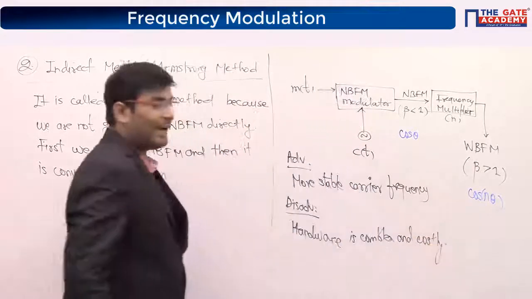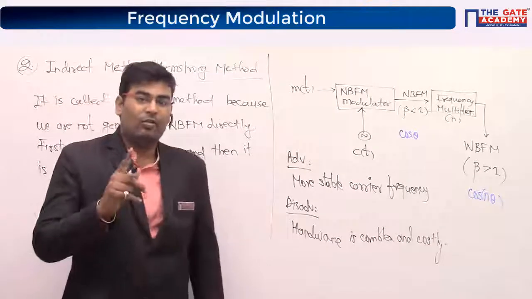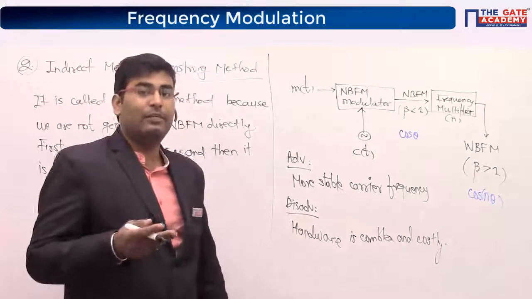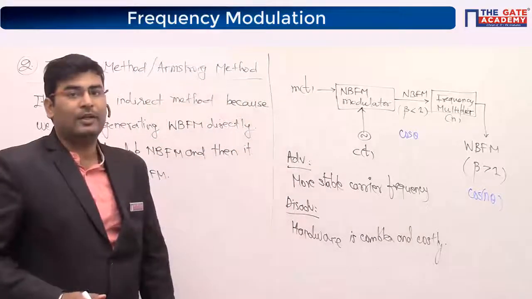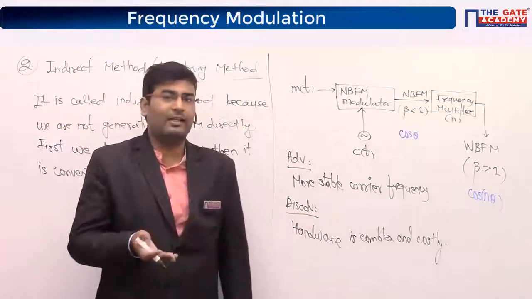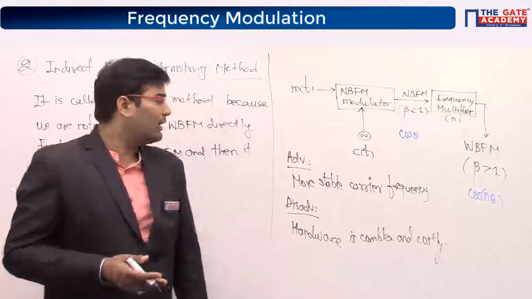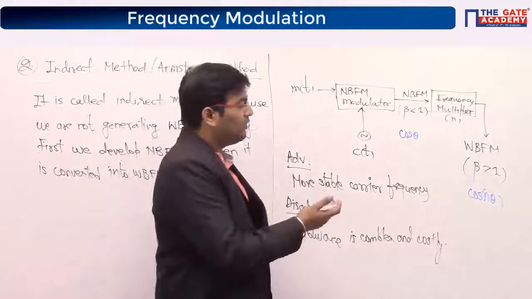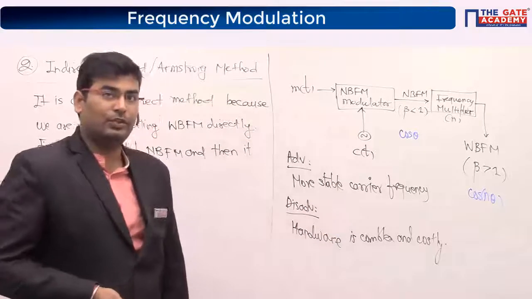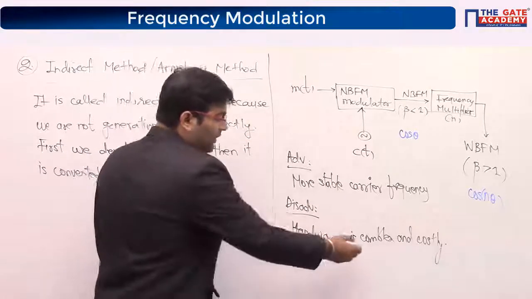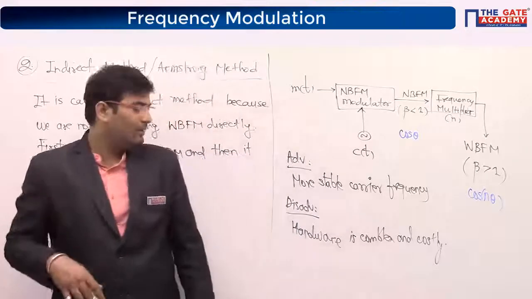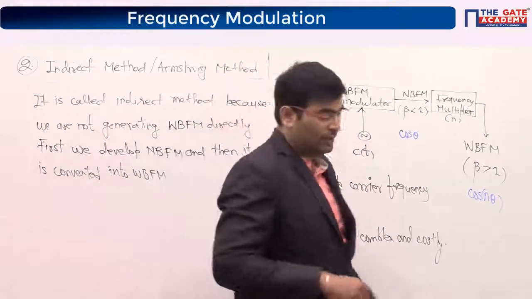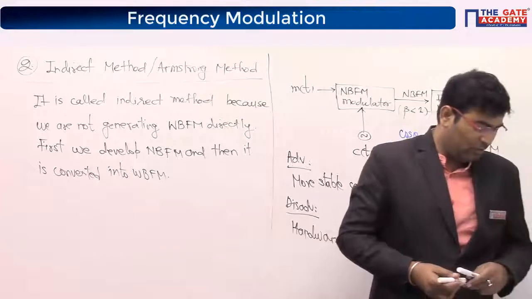So now you understand, guys, when I mentioned that for generation of wideband FM we use the direct method widely. So it explains the whole funda. Everything has some plus or minus, some upside and some downside, but you can see that this is good, but it has its own issues. And what are those? Hardware is so complex and bulky that it's difficult to do it, but at the same time it is also costly. So this is the reason we try to avoid this.